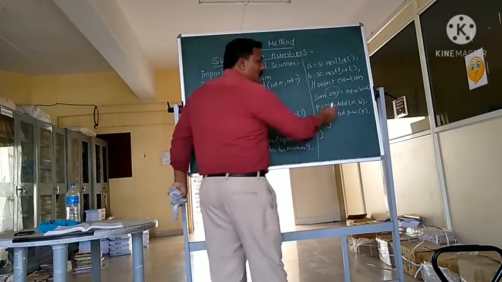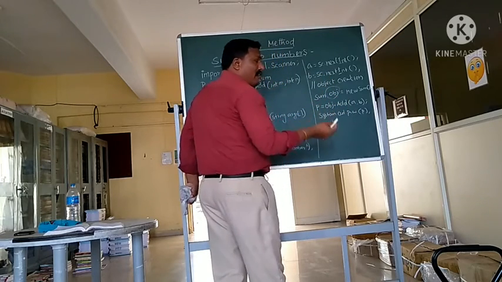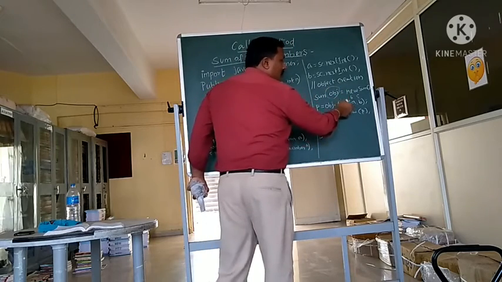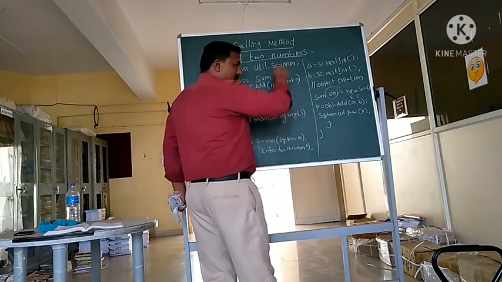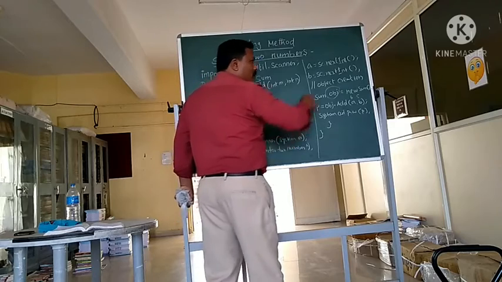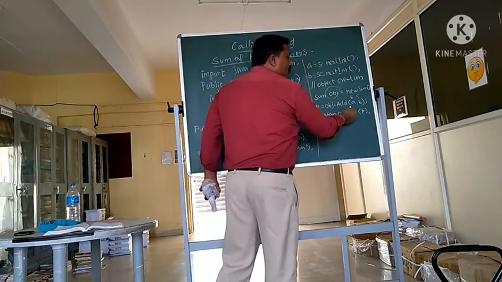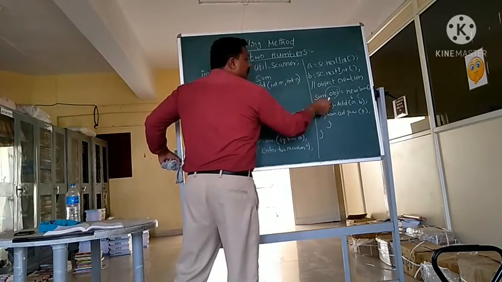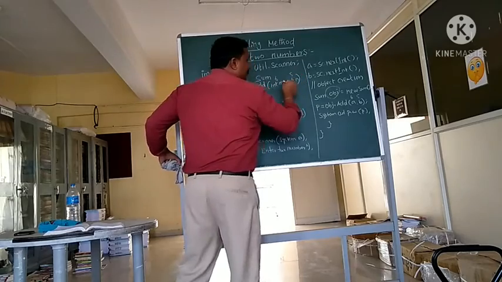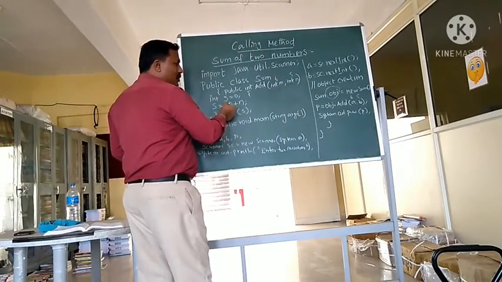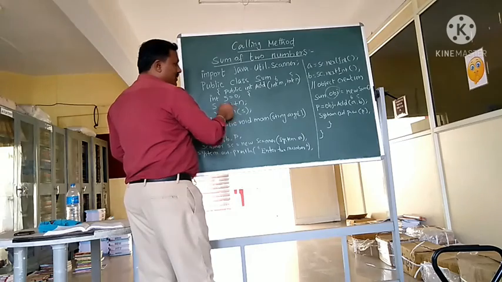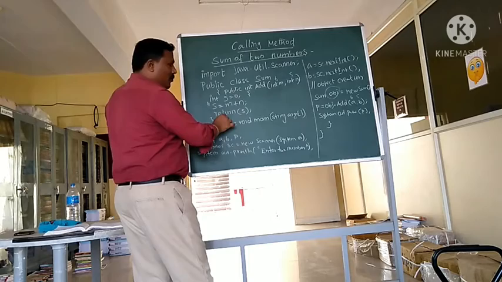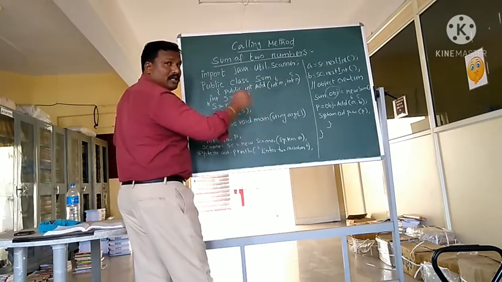What will happen? I give values for a and b, for example 6 and 5. The compiler translates step by step, and when it comes here, control transfers to add. So here a is 6, b is 5, then s = 0, and s = 6 + 5, so 11 is stored. Actually I didn't print the value 11 here. What I want is to send the value back.